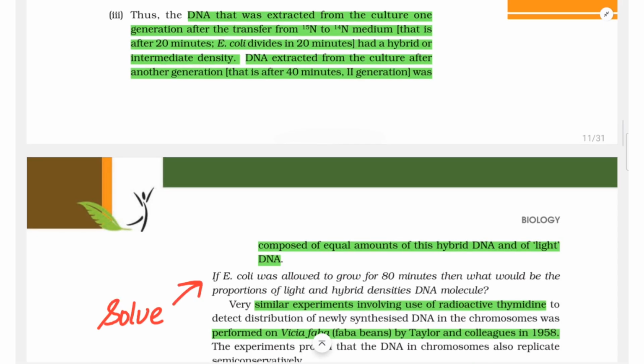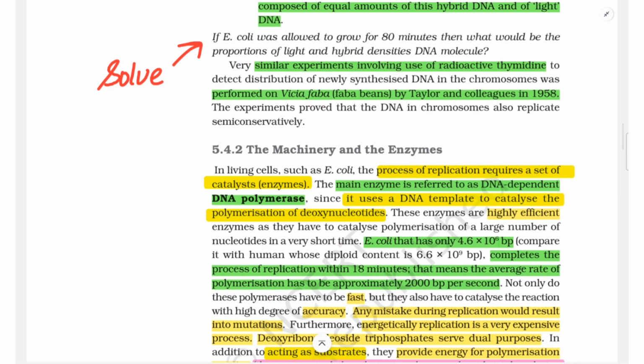Number 3. Thus, the DNA that was extracted from the culture one generation after the transfer from N15 to N14 medium, that is after 20 minutes (E. coli divides in 20 minutes), had hybrid or intermediate density. DNA extracted from the culture after another generation, that is after 40 minutes, second generation, was composed of equal amounts of this hybrid DNA and of light DNA. If E. coli was allowed to grow for 80 minutes, then what would be the proportion of light and hybrid